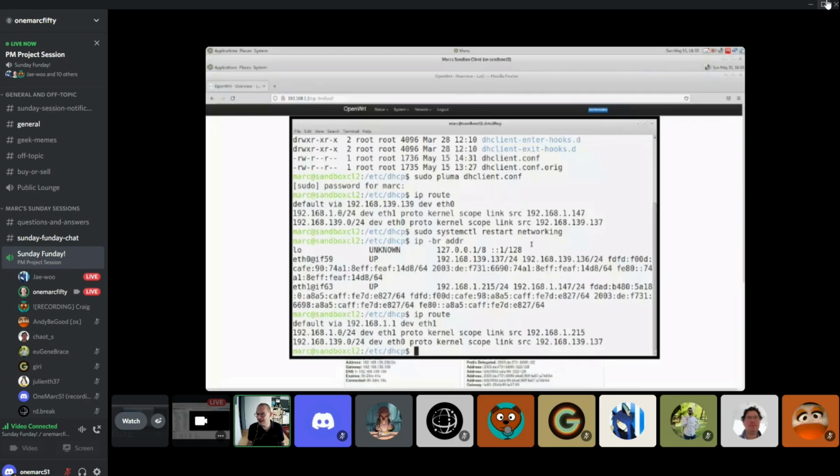So that's actually really the last step. What I want to achieve here is that after restarting the network services, if I type IP-BR again, I should have an address from my physical LAN, and I should have an address from my virtual LAN, and the default route should now go through the sandbox network, right? So at this point, if we go back to the draft,